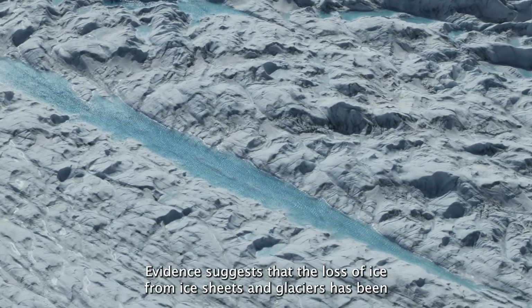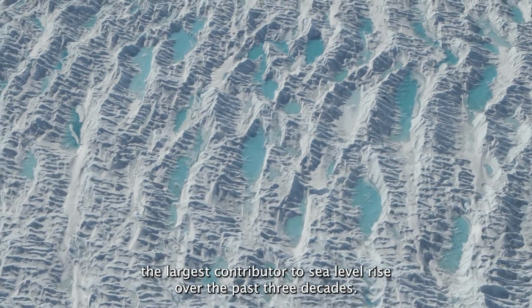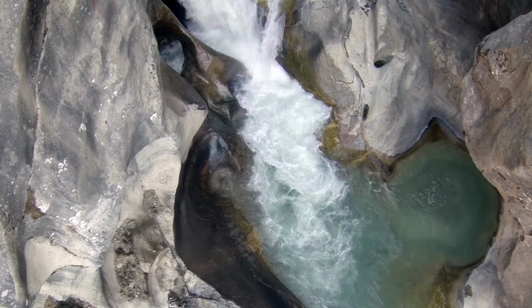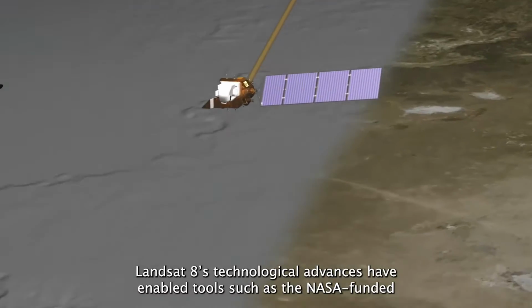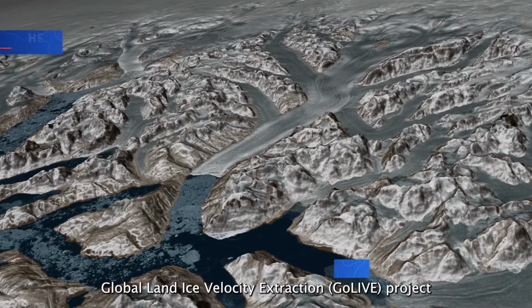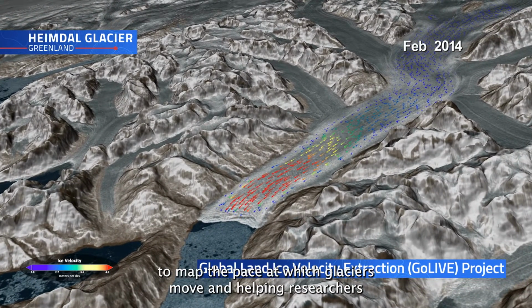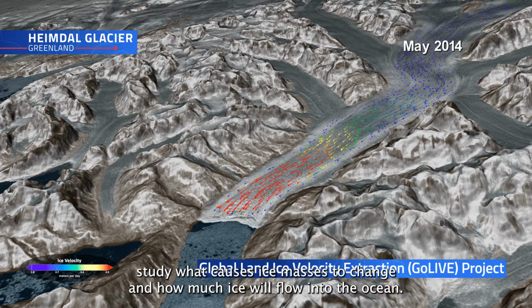Evidence suggests that the loss of ice from ice sheets and glaciers has been the largest contributor to sea level rise over the past 3 decades. Landsat 8's technological advances have enabled tools such as the NASA-funded Global Land Ice Velocity Extraction Project to map the pace at which glaciers move, helping researchers study what causes ice masses to change and how much ice will